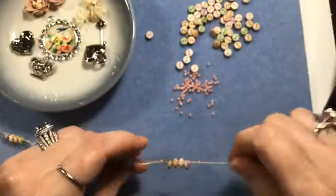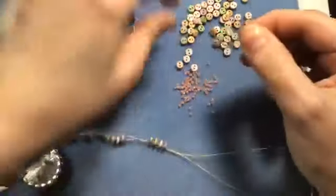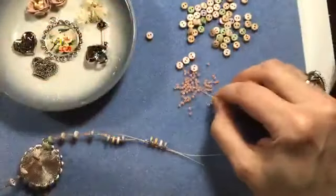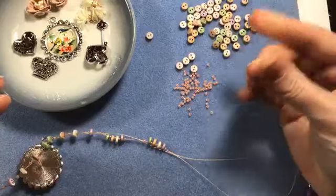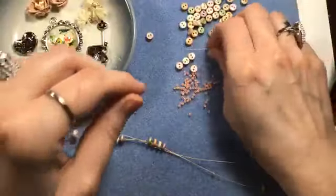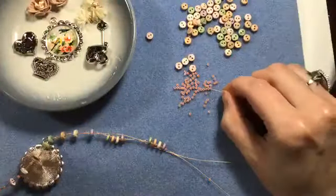All right, so let's see. We're going to do another strand with our seed bead and a button, a seed bead. Uh-oh. I'm just throwing seed beads all over the place, you guys. This is where that love-hate relationship with the seed beads comes in, because I love them, but sometimes they don't love me back, right? All right, we're going to thread on another one of our buttons, and I love using